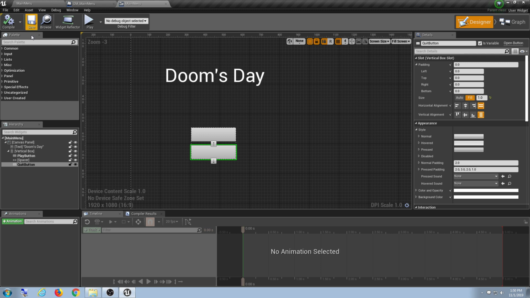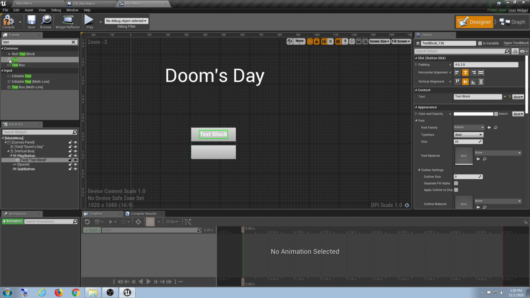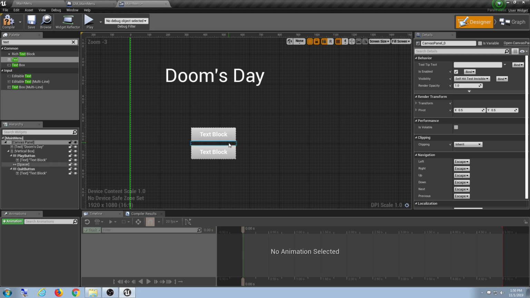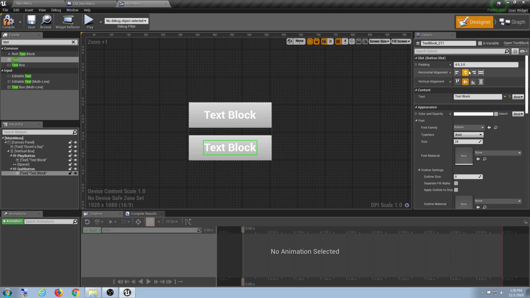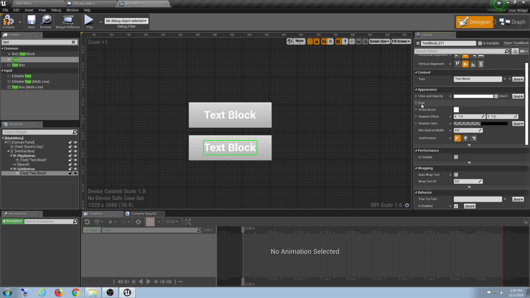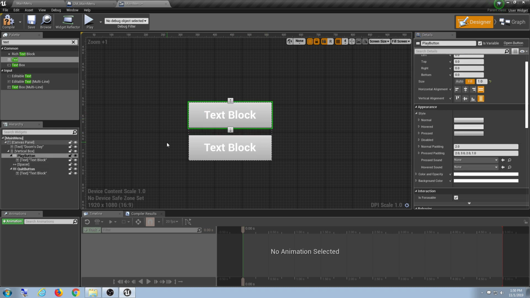And that labels them for you here in the editor, but we don't have any text yet, right? So let's go grab another text element, and then you can drag and drop that in each of your buttons. There are options for how you want the text to appear in here, right? So if you want them centered or off to the side, horizontal alignment, vertical alignment. You can change the colors, the fonts, and then on the actual button itself, if you